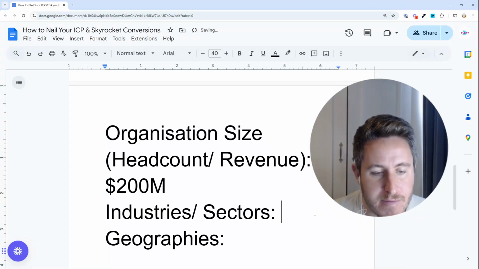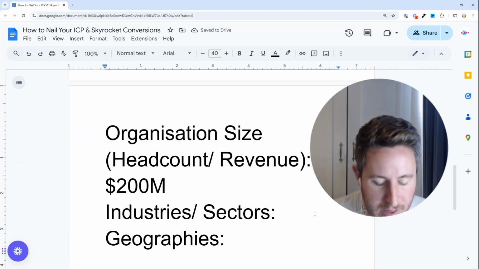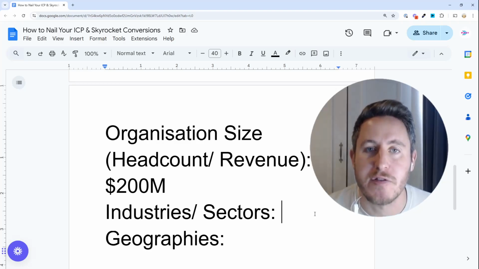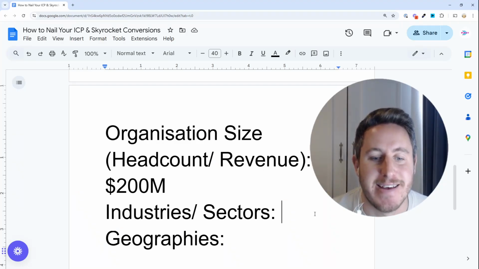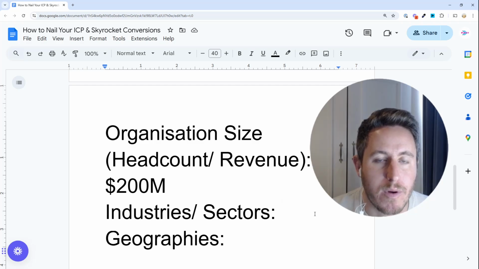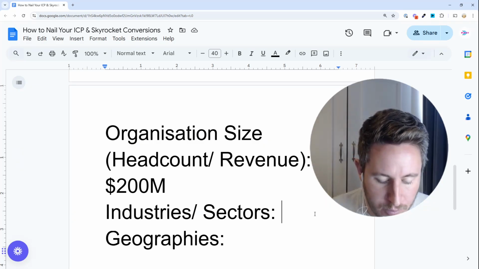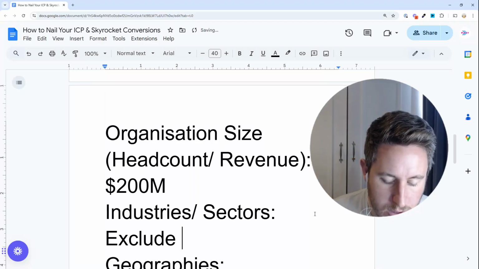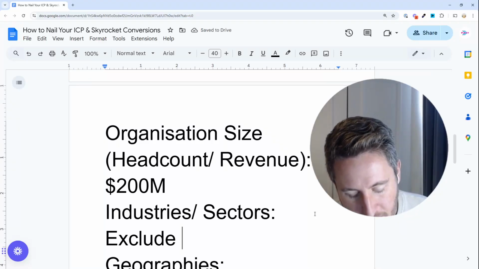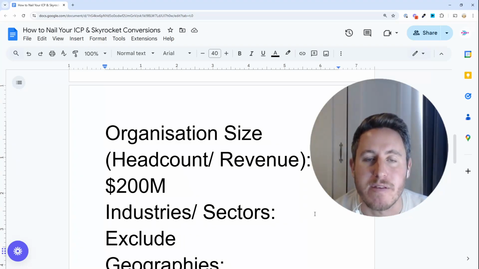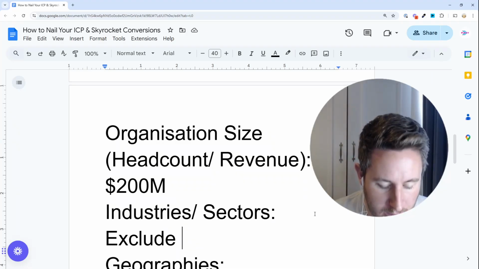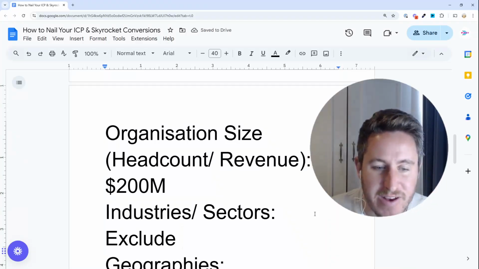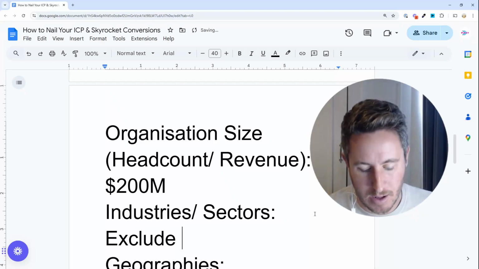Industries and sectors. So for them, the kinds of businesses that are likely to be buying large amounts of commodities on a regular basis, it would be fairly sector agnostic, but they'd probably want to just exclude, I guess, I want to say your blue collar businesses. Yeah. I mean, they're not going to be purchasing desks and computer equipment in the kinds of volumes that we're talking about. And they're generally not purchasing